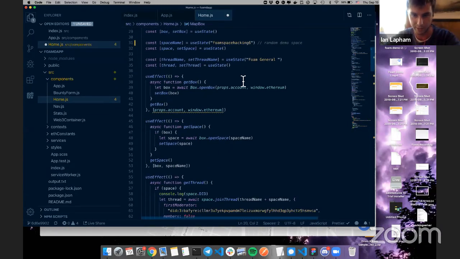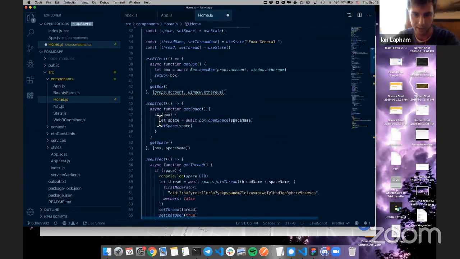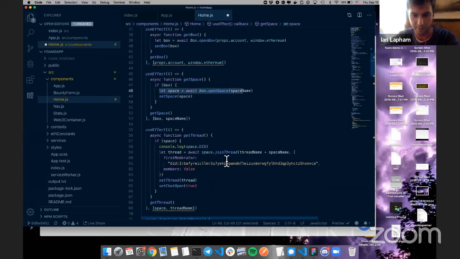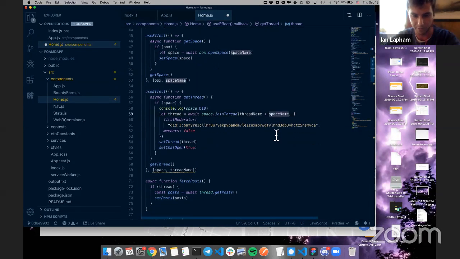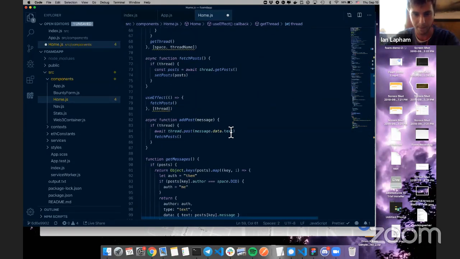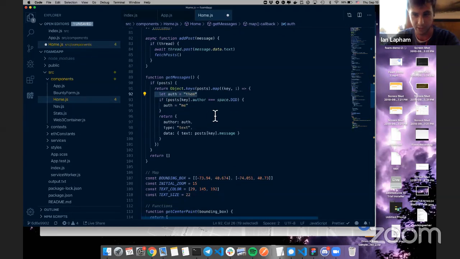I just have these dummy hacking spaces right now, but you can set up a new space. You can join these threads that are created dynamically based on the restaurant location and then the general thread for this app. And then you can get messages for them and you can tell if it's someone else sending a message or me, myself.